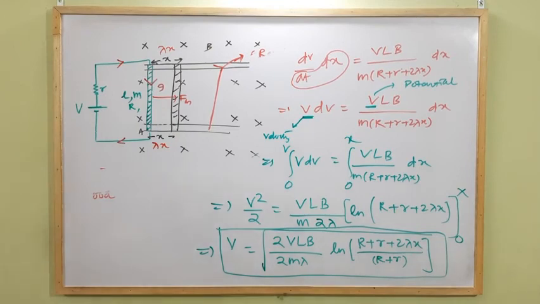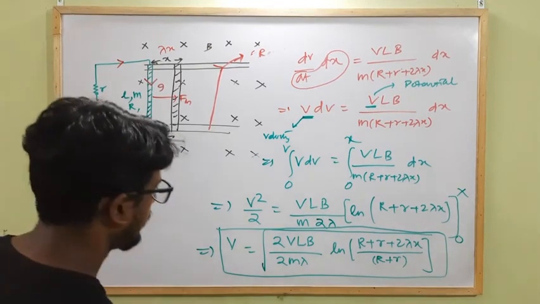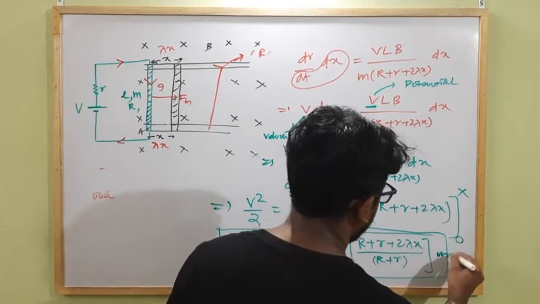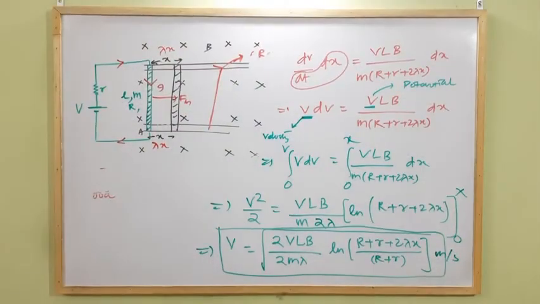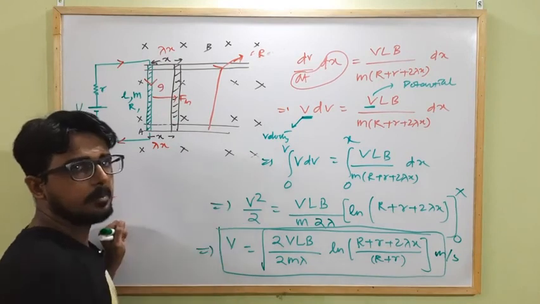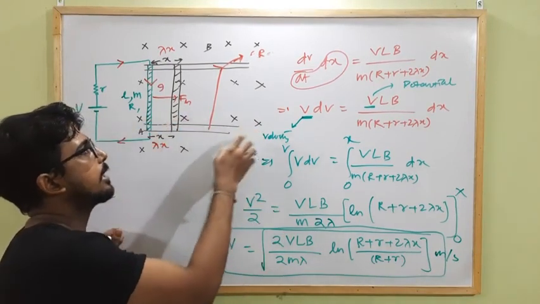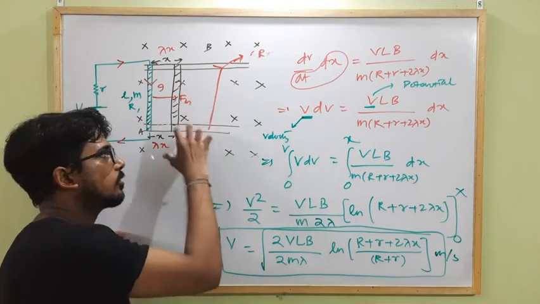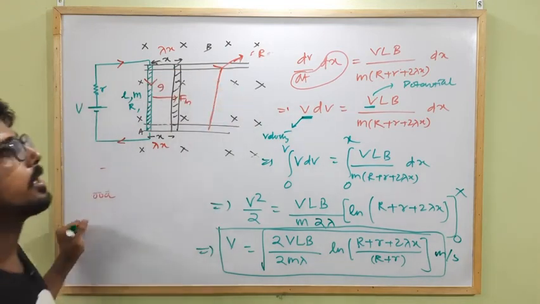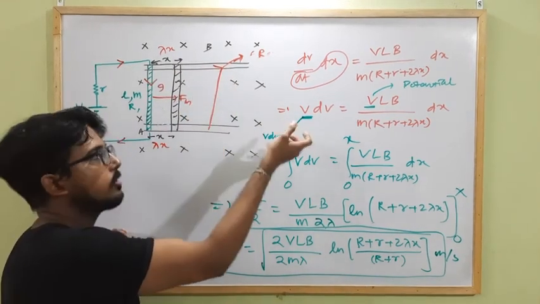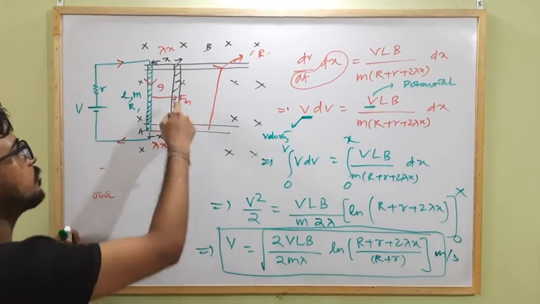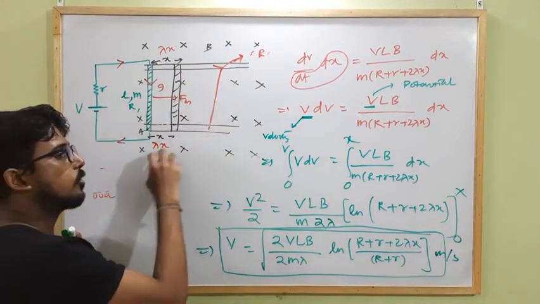Clear? Understood? Okay. This meter per second will be what? The expression for velocity at any position x. Okay. So this is the concept how to solve this type of problems. Now you can solve any problem regarding this concept when a current carrying rod is moving over a platform or moving over rails. So what force is acting on it? There may be some questions asked by combining mechanics with it, but the concept is same.